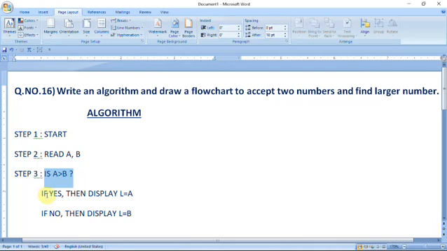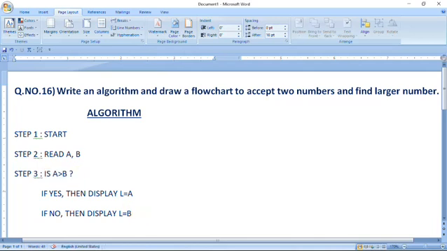If this condition is satisfied, if this condition is true, then it will display larger number equal to A. If this condition is not satisfied, if this condition is false, then it displays larger number equal to B. This is called a conditional statement, a decision making statement, and when you convert a decision making statement into a flowchart, you have to use the diamond symbol. I will also tell you about this.